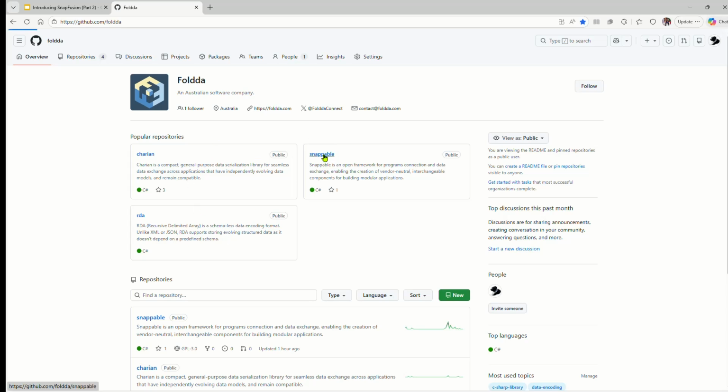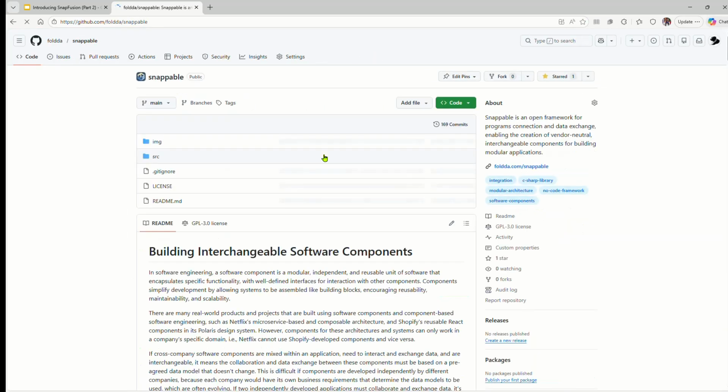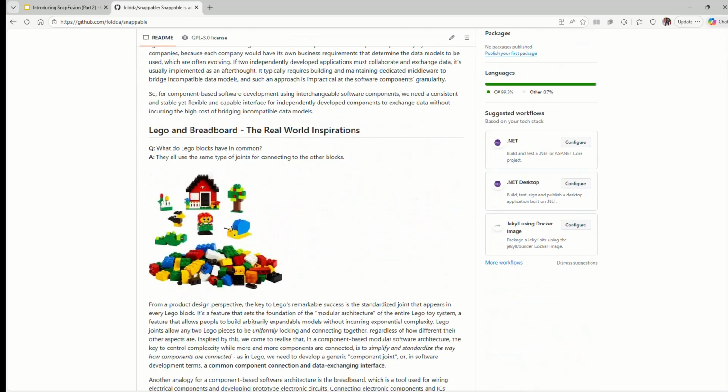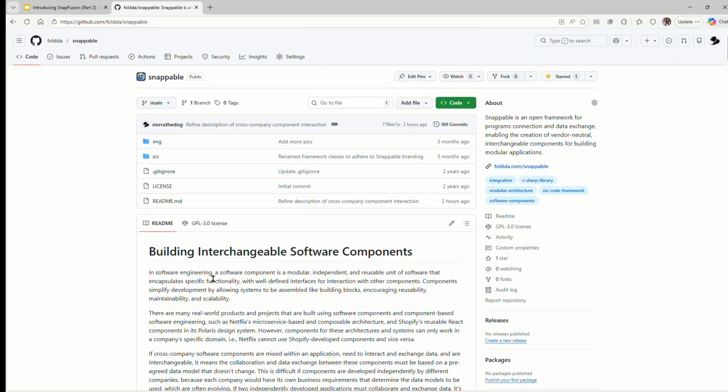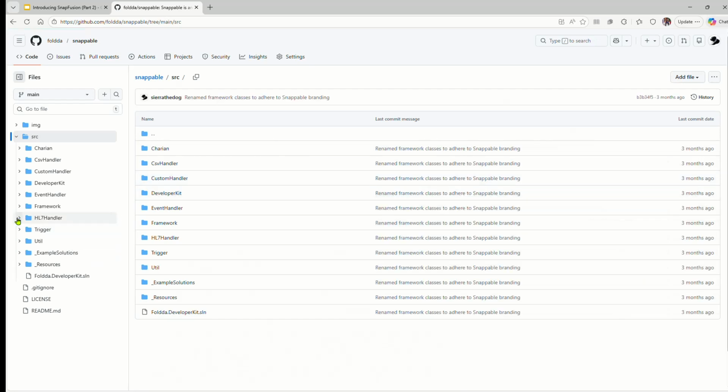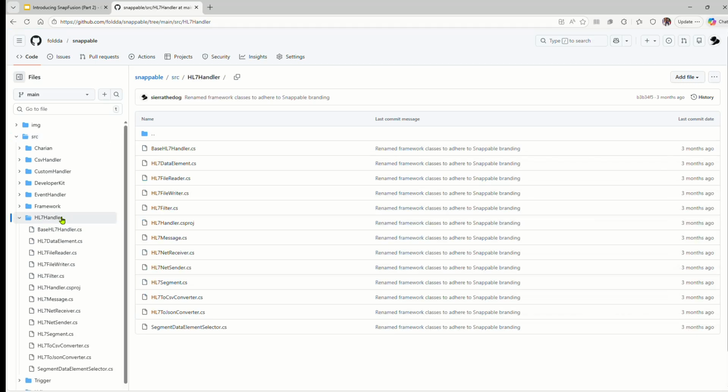One of them is this snappable, which is the software component API. Basically, it allows you to write your own software component. Feel free to read the introduction, what this API is for. But what I'm trying to show you is that in the source directory, you actually can see those DLLs. Like in this particular case, the HL7 handler project will produce a DLL called HL7 handler DLL, which has